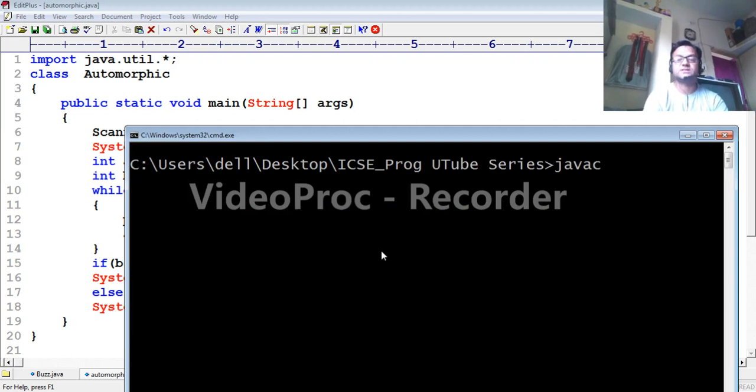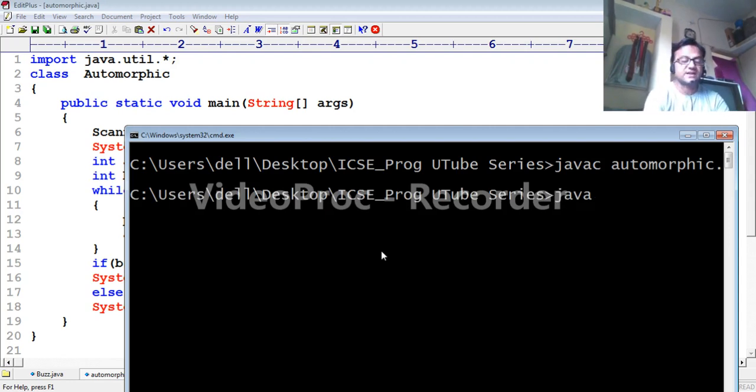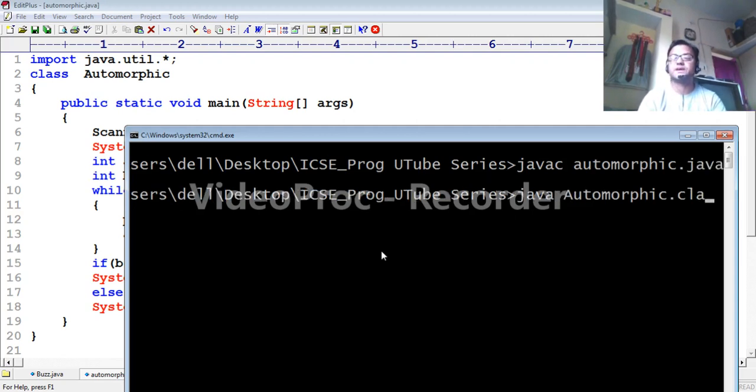Write javac and the file name automorphic.java and press enter. If there is any error, it will be displayed. So there is no error. Now execute the code. For execution write java and the class name, which is also automorphic. So I used java automorphic.